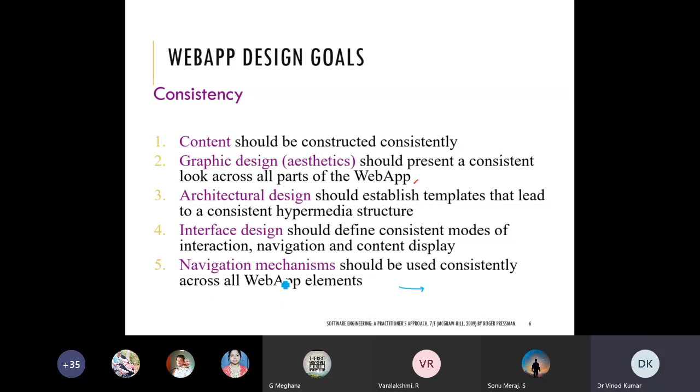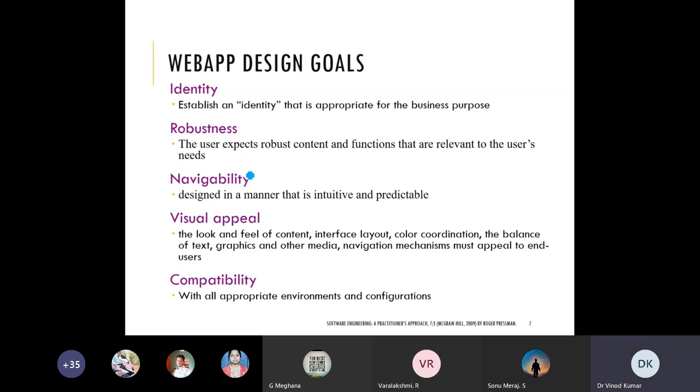Next one, the design goals: identity. Establish an identity that is appropriate for the business purpose. Why is identity required for a web app? Because you will identify it.